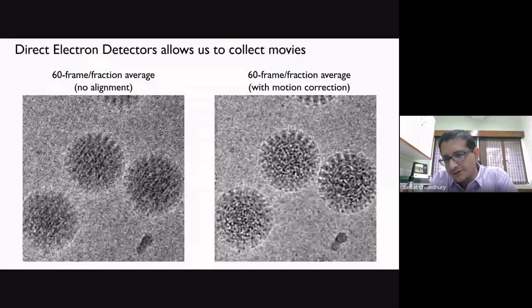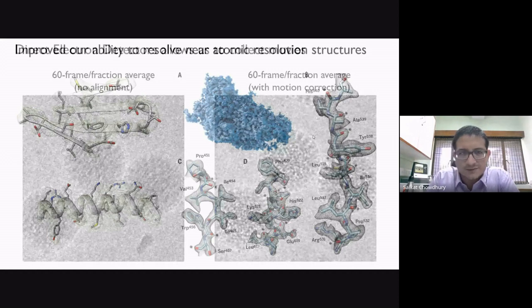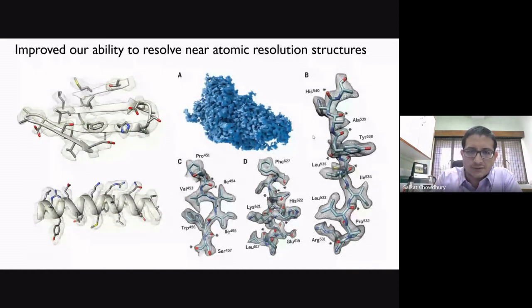So this is also one of the major reasons why we can get a lot of high resolution information today, primarily because of the camera technology, also with the improvement of the optics of these microscopes. So we can reach a resolution realm today where we can see almost all the side chain densities, even some water molecules that are bonded or attached, which we can reveal from these EM